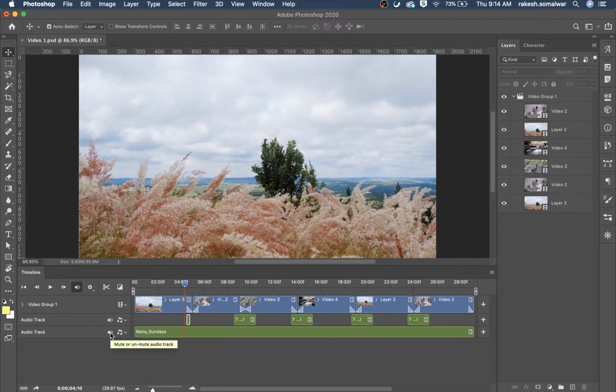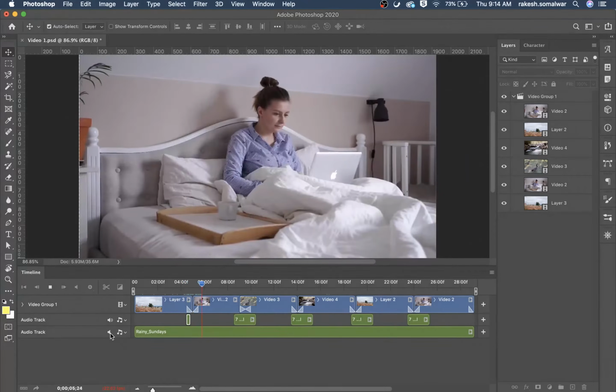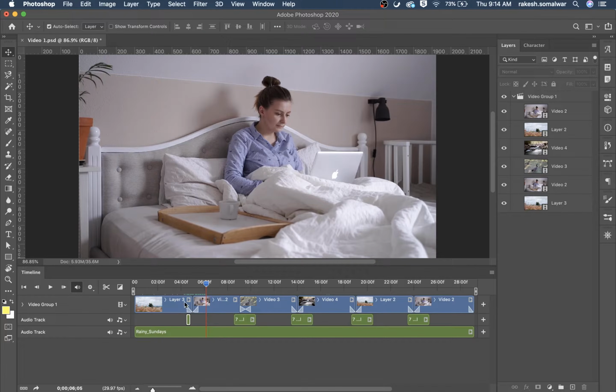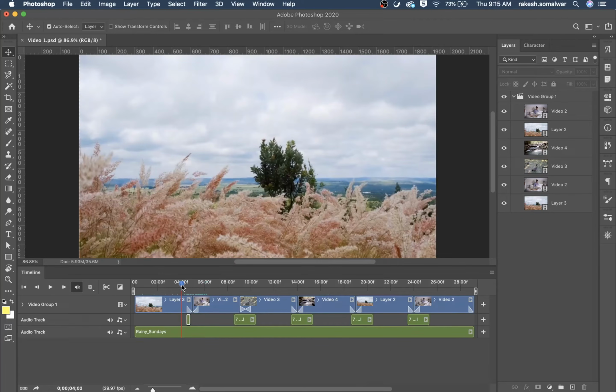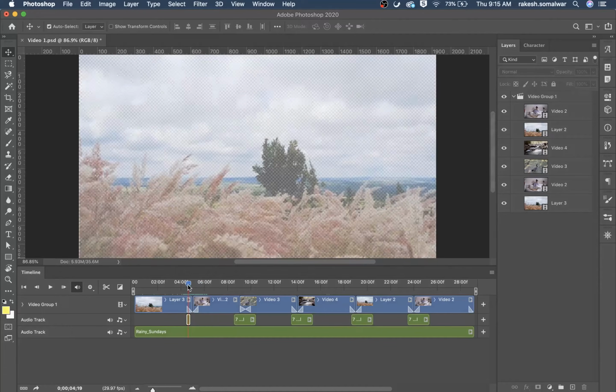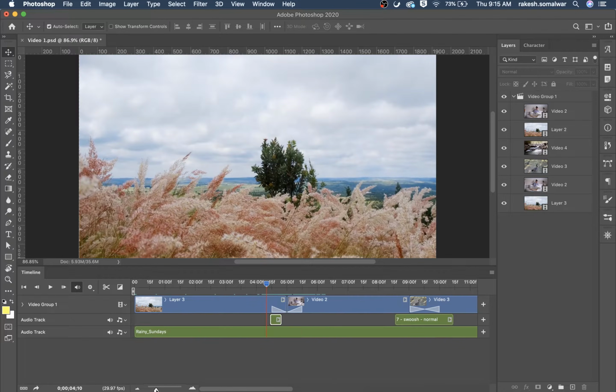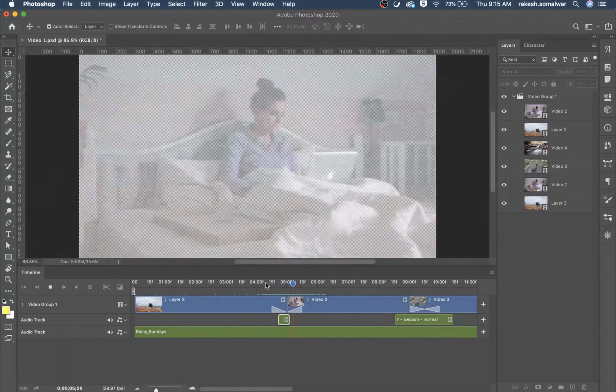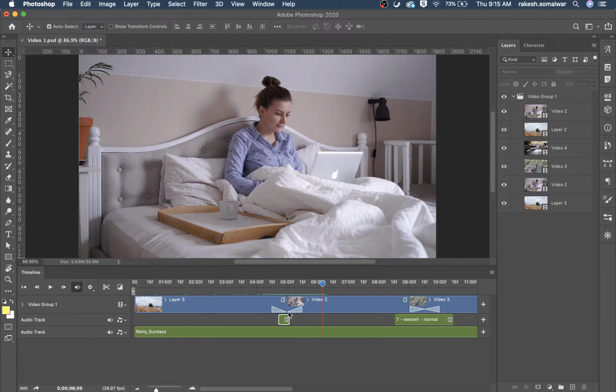I just turn off the background track, see, and now with background music. Okay, this is fine. Now this is a little off, I want to move it to the center. You can adjust the audio clip whenever you want. Like this, you can change any selected audio clip, duplicate or replace.